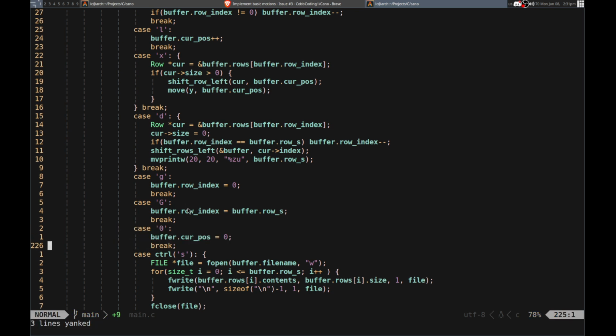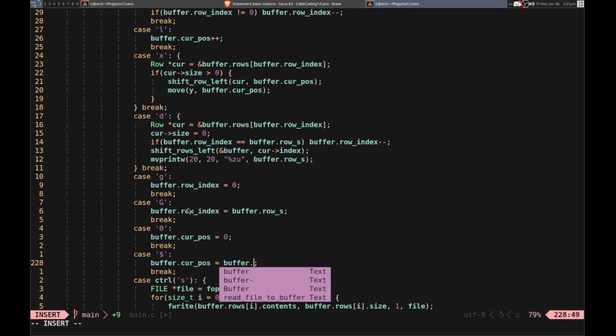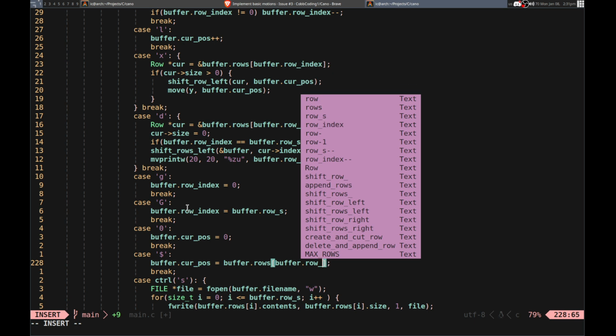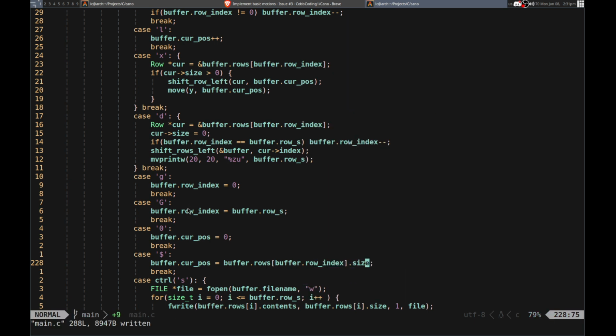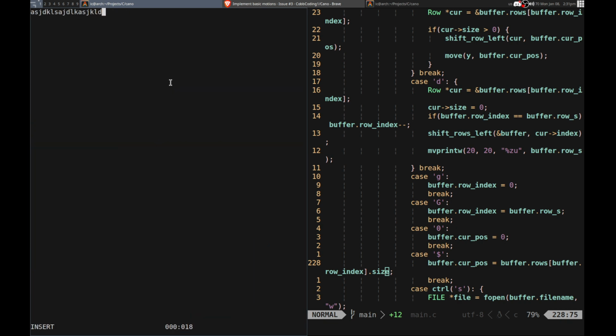And then I also want one for the last character of the line. Again, just like before, current position equals buffer. We need the current row as well: buffer.rows, buffer.row index.size. So that'll set it to the end of it, if I'm not mistaken. So now if I type it out,